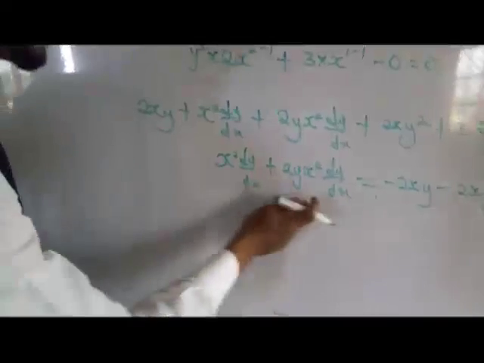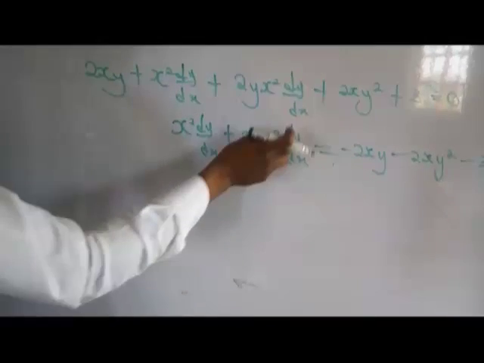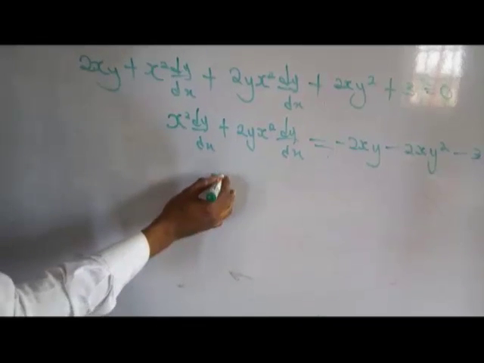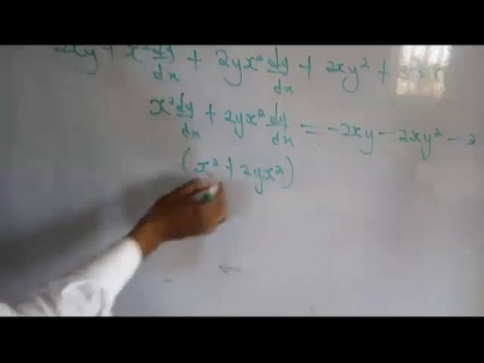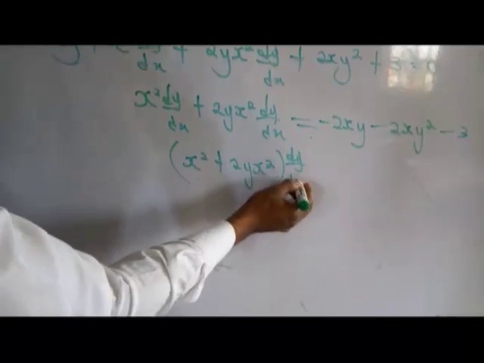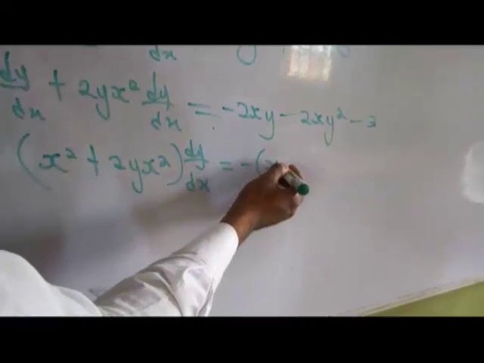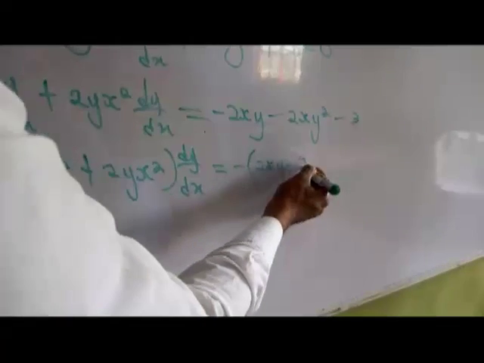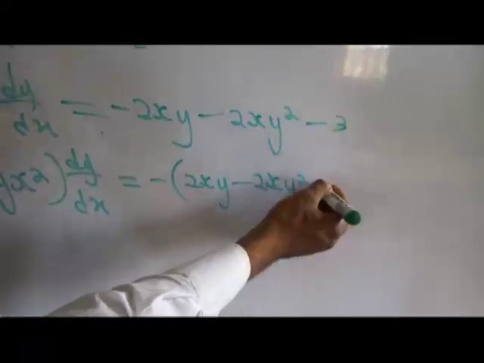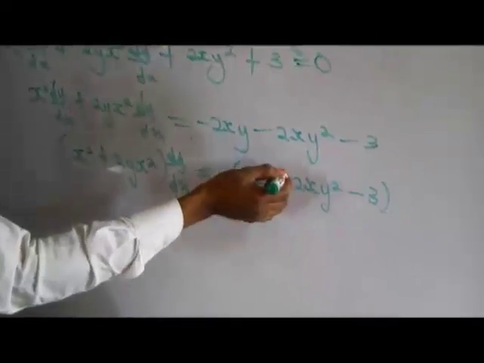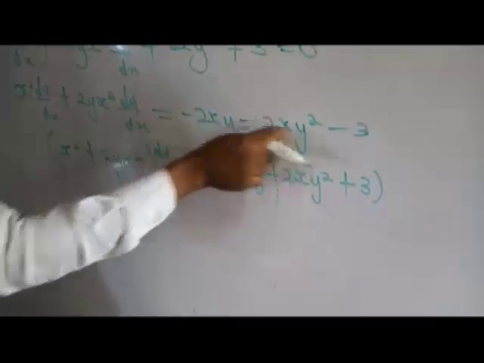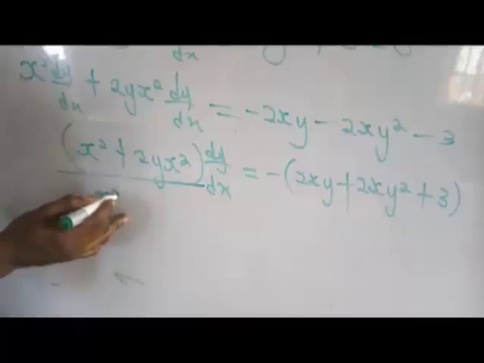Now I want to factorize from this edge. The dy dx is common, I want to bring it out. I'm going to be having x squared plus 2yx squared, close the bracket and open it, that's the dy dx. It's going to be giving me, minus is common, minus open bracket 2xy minus 2xy squared minus 3. Close it. So I'm going to be dividing both sides. So we turn to plus, since I've already brought out the minus. So that's plus plus. So divide both sides by x squared plus